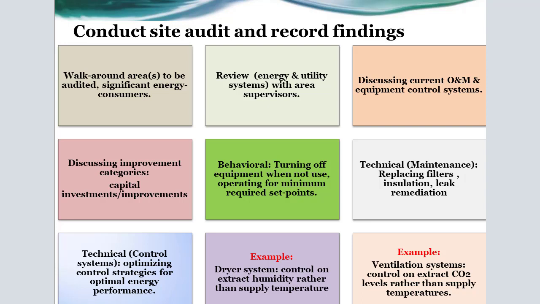Now, if we are conducting the site audit and recording the findings, this includes many steps. At first, walk around the areas in the facility to be audited and concentrate on significant energy consumers, devices or equipment, and also review energy bills and utility systems with the area supervisors in the facility, and also discuss the current operation and maintenance practices and equipment